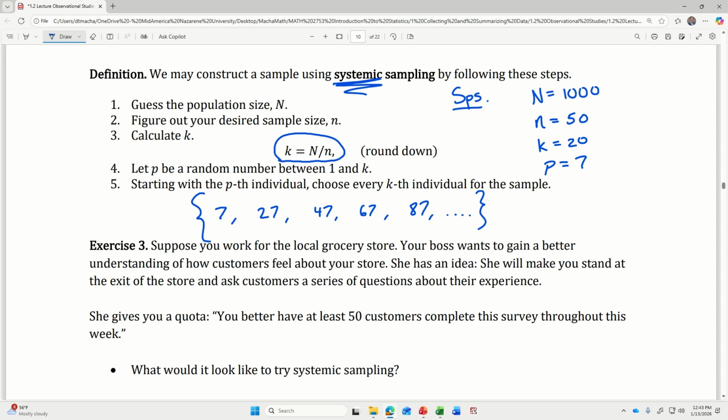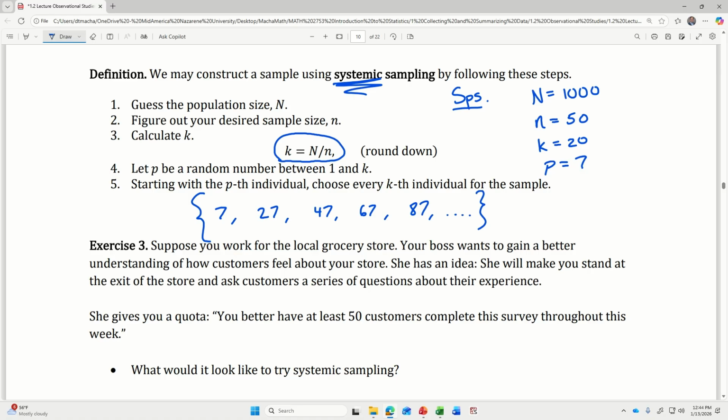And you should get at least 50 of those in before you run out of people in your population. So what would it look like at the grocery store to try systemic sampling? Well, maybe you start with the 7th customer, and then you also survey the 27th customer, and the 47th customer, and the 67th customer, and so on. It's a better way to spread out and reduce bias. It's less convenient for sure, but